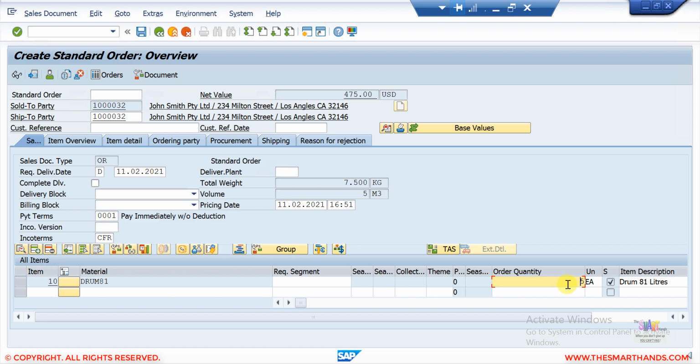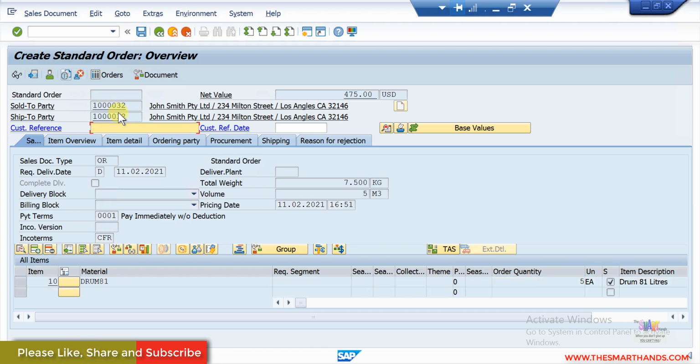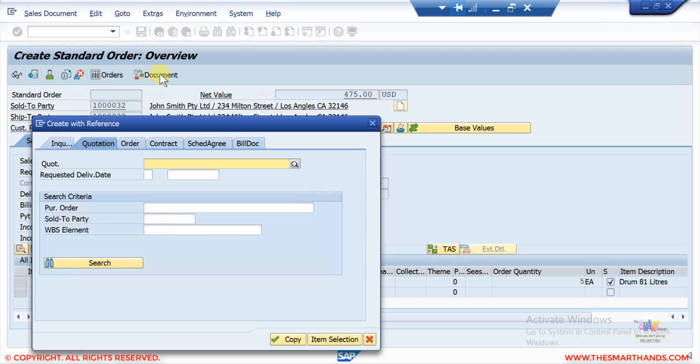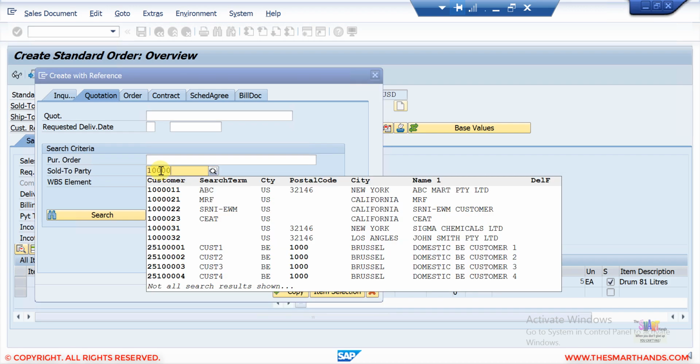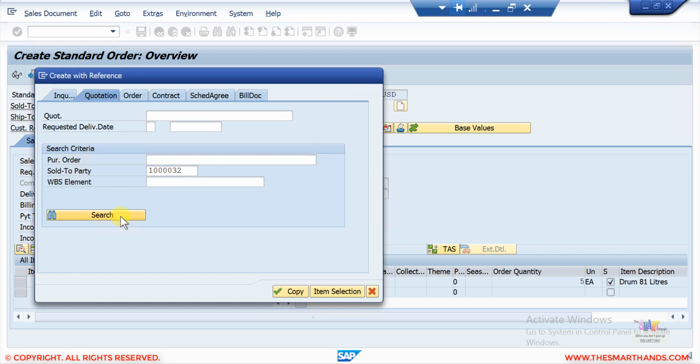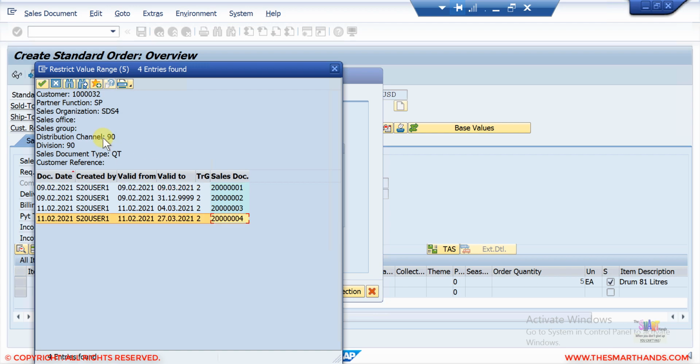Now as I said, you can add references before saving, and even after saving you can do this. You can reference more quotations. If you want to do that, from this screen on the top, go to sales document, create with reference, and the system will show you the same box again. It's asking me for the purchase order number, let me enter that. The system shows the same box where you can do the same search again. For example, this is my sold-to search. I now want to copy also 00004.